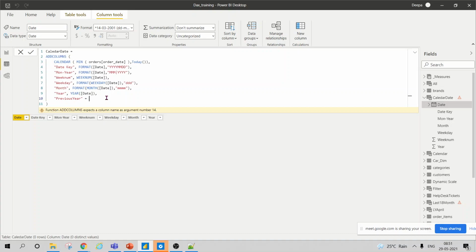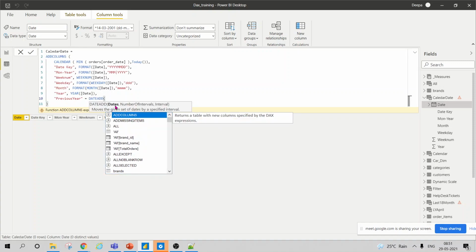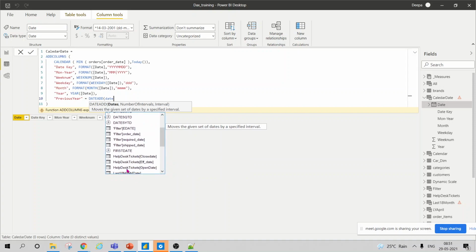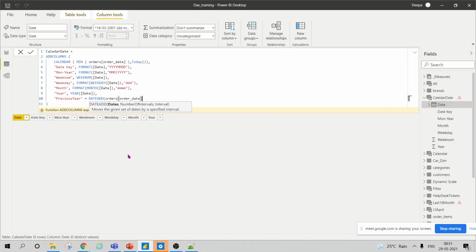Okay, so what I'll do is I'll add a date add function. What a date add function does is it takes a date first of all. So you can create a date of your own, or you can use any other date function. Ideally it should work, but let's see. Number of intervals: I want it to go in intervals of one, and the interval in year, but I want to go in the opposite direction, so I'll add -1.